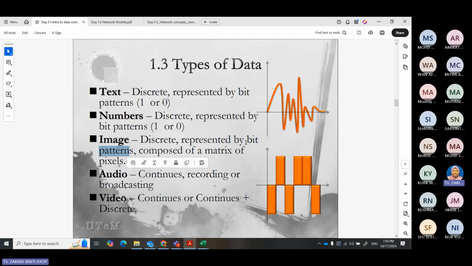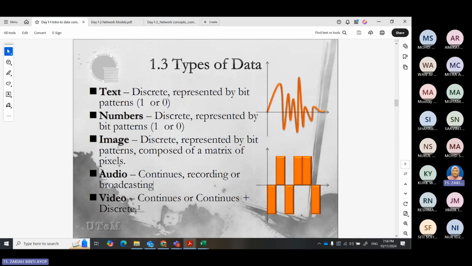Whatever images we have, the network card should be capable of translating them into bit patterns. But audio is a little bit different. It is continuous data, consisting of a recording or broadcasting, such as a sinus graph, this type of graph.